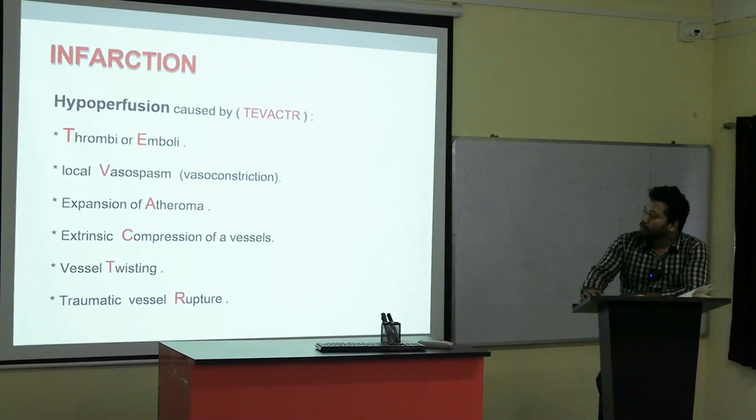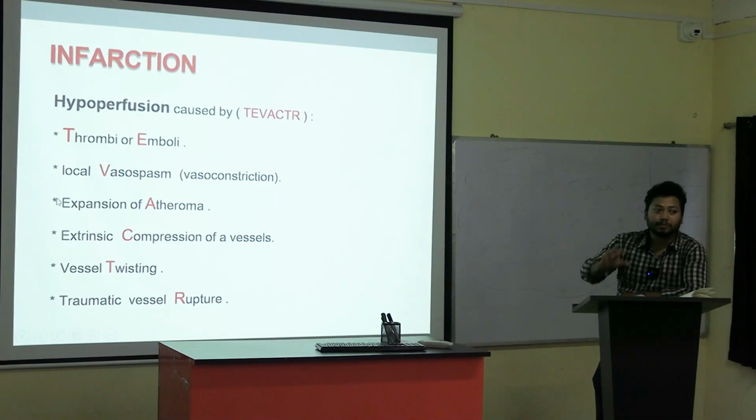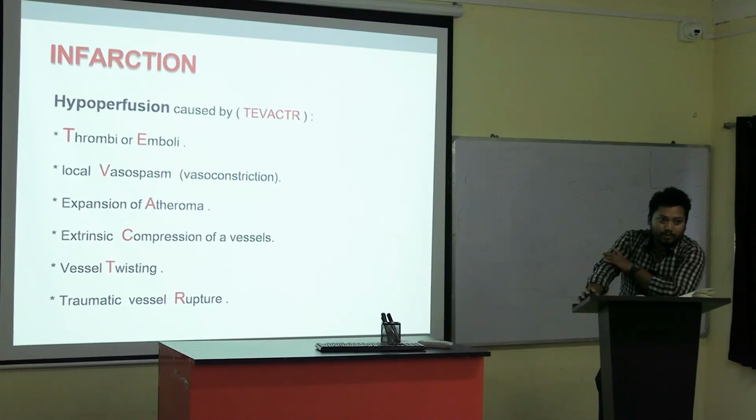So TE stands for thrombi and emboli. V stands for vasospasm, which means spasm or constriction of the vessel. Expansion of atheroma. Atheroma means atherosclerosis, which means gradual buildup. Then there is extrinsic compression of vessels, which means when the vessel gets compressed by any extrinsic force, such as in a BP cuff, when we